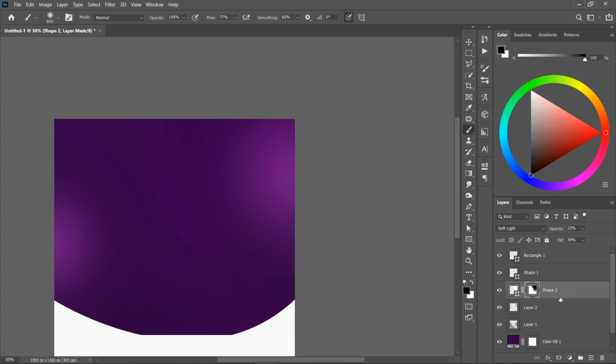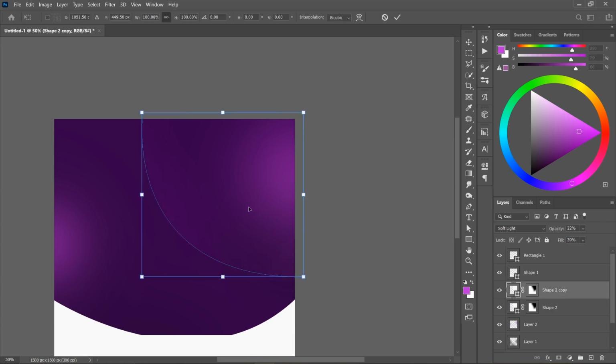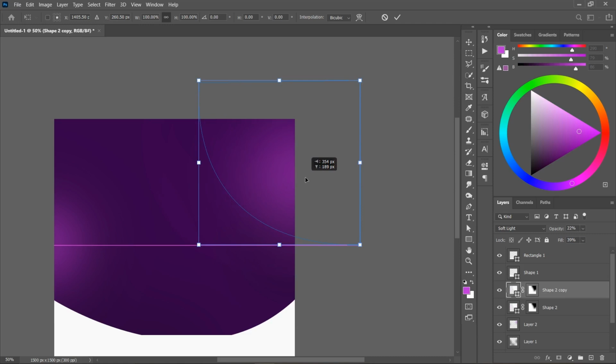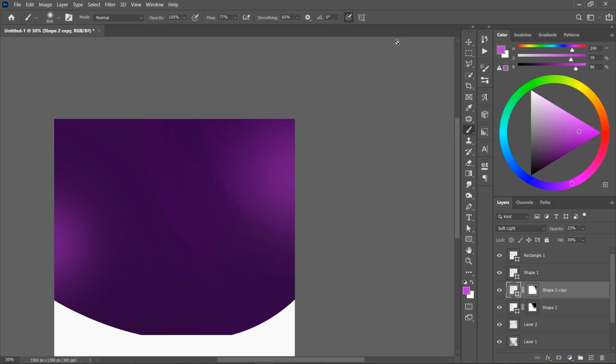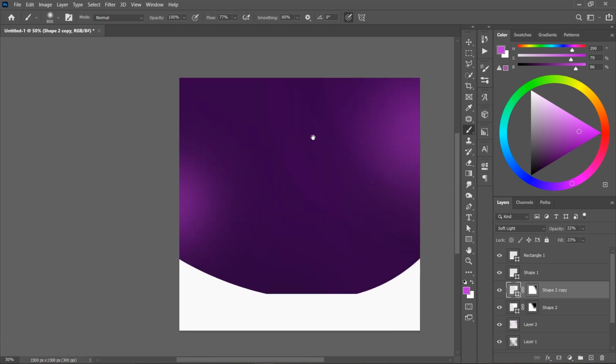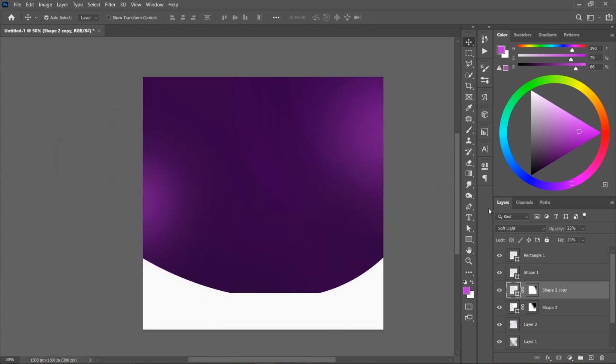So with that done, you could duplicate that guy, Ctrl J. Could duplicate that same guy, Ctrl J, then Ctrl T, and rescale this guy or reposition this guy around this point, so you have it like 2. You could reduce that one's fill a little bit so it doesn't get so pronounced. All right, good. So the last thing we'll be doing to this guy right about now is to create a